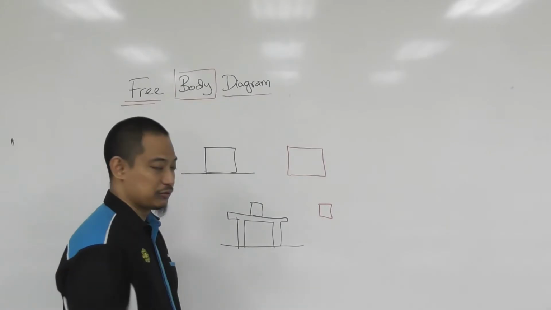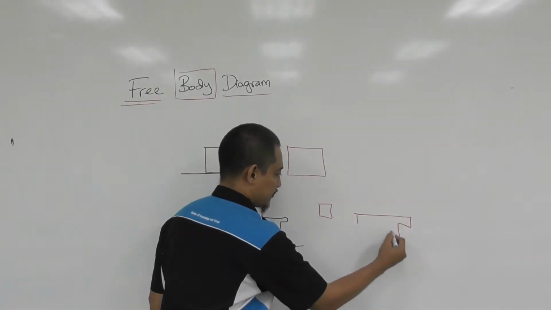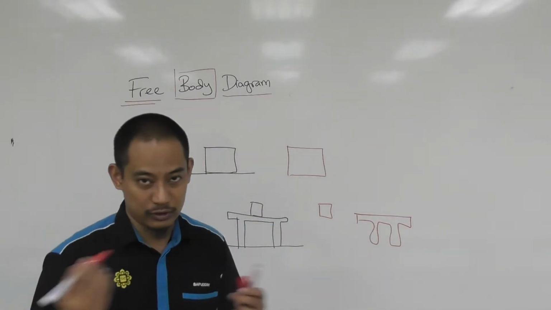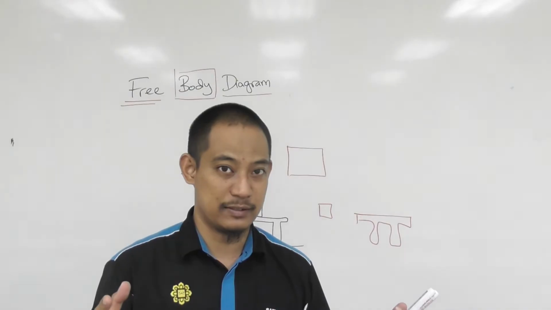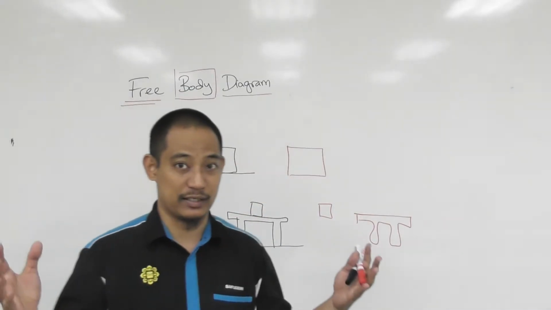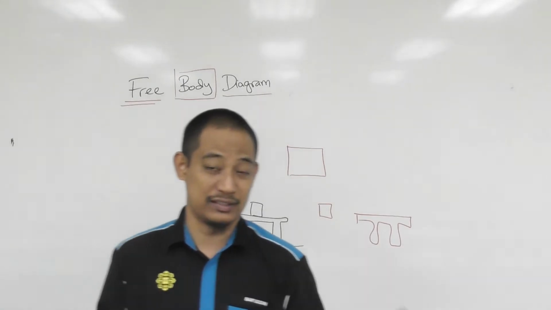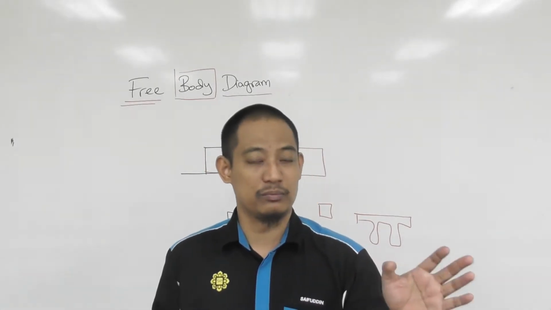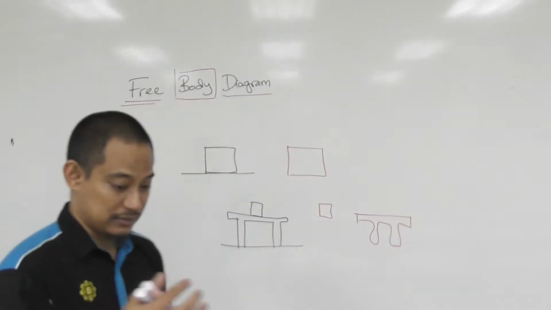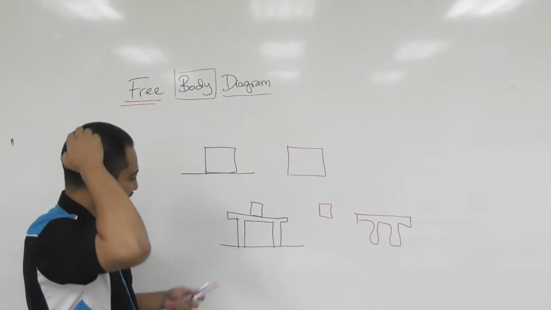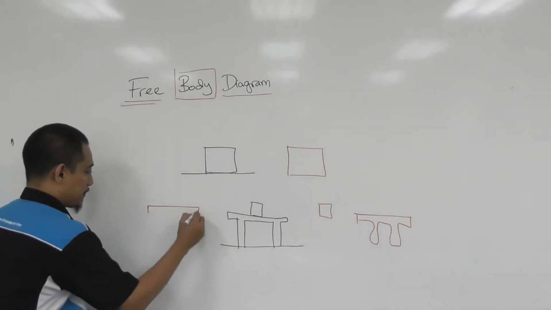If I want to draw the free body diagram of the table, it should be only of the table, not the box and not the floor, right? That is what it means by free. It's free from anything else. If you have any other object that it interacts with, that should not be in the diagram if it is a free body diagram. Unless, for example, if you say the body is table plus box, then you can have